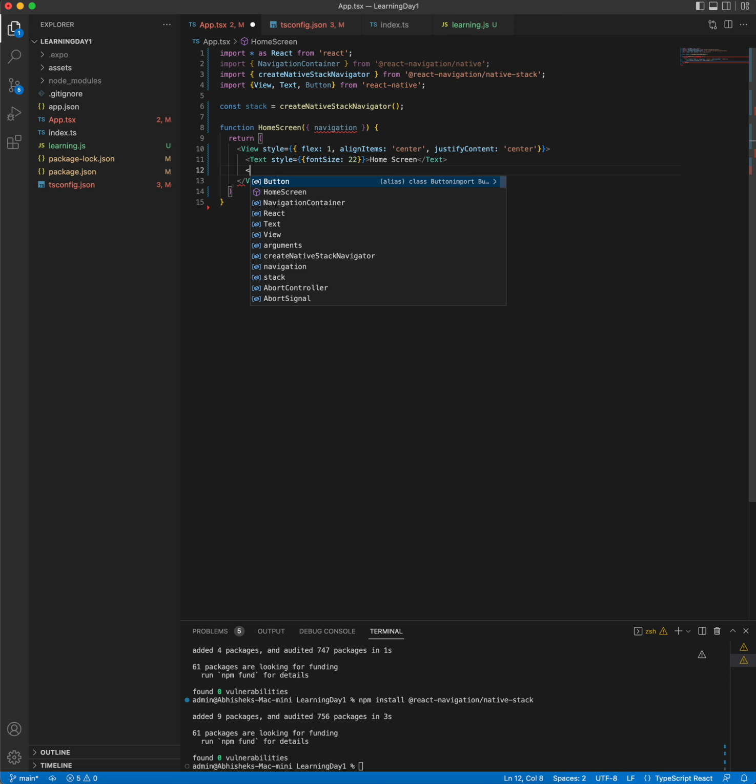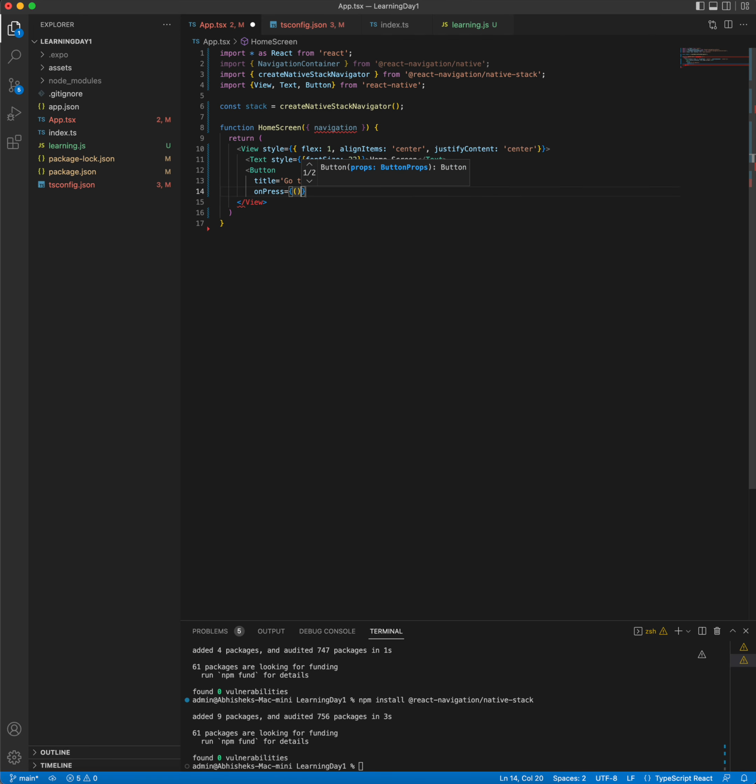Okay, now a button. This will be the navigation button which we'll be having. Go to Details. Okay,